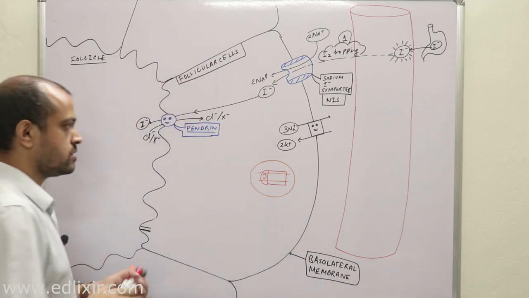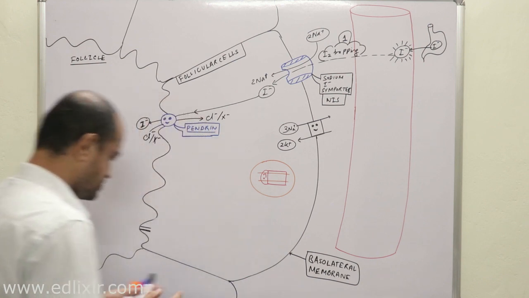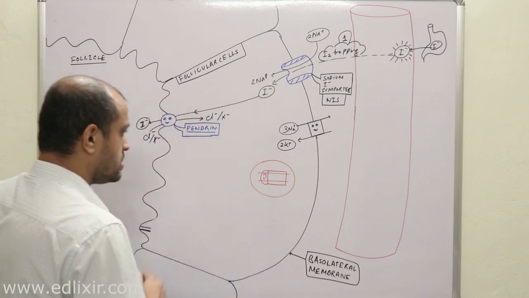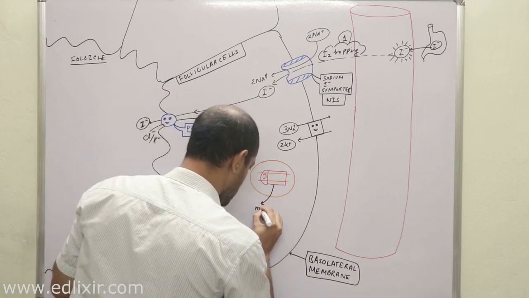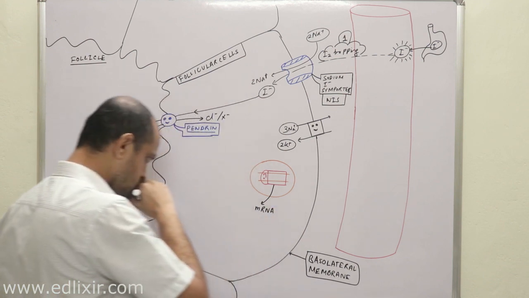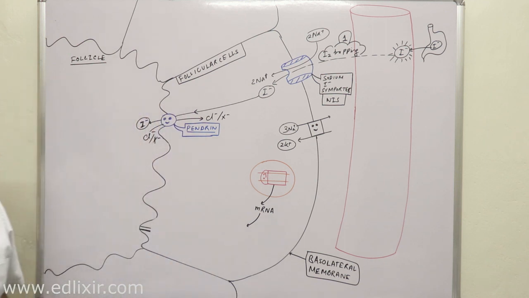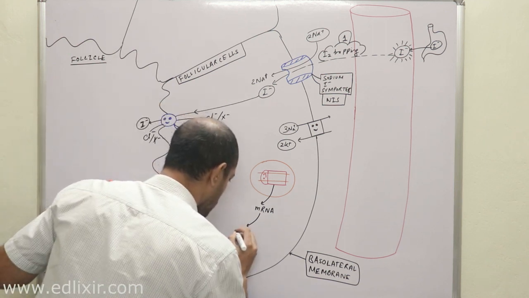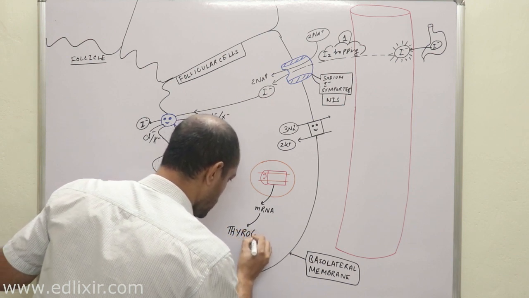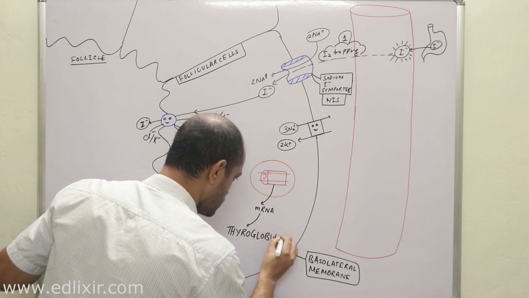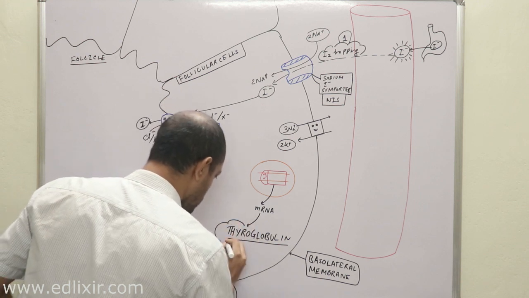So this is your gene with its controlling elements, that is promoters. Now listen with all your attention. This is a gene which will produce an mRNA, and from this mRNA a huge protein will appear. The name of this protein is thyroglobulin. A huge protein will appear, that is called thyroglobulin.